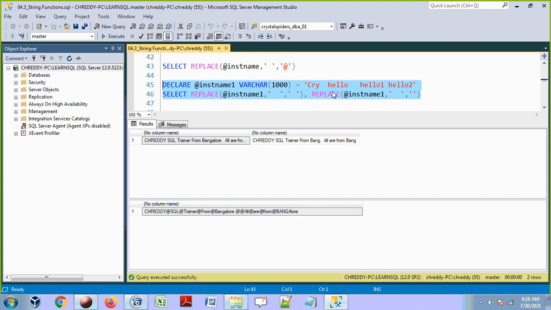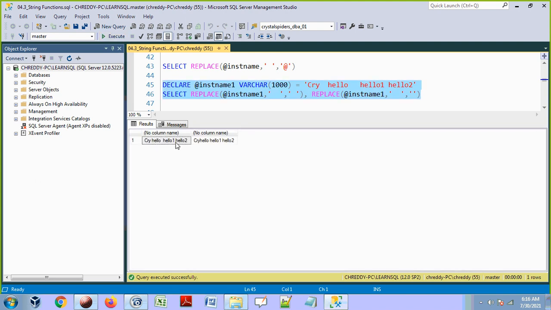Okay, so now here, this one is a single space guys, and this one is just empty. So let's execute this one. Now see here.